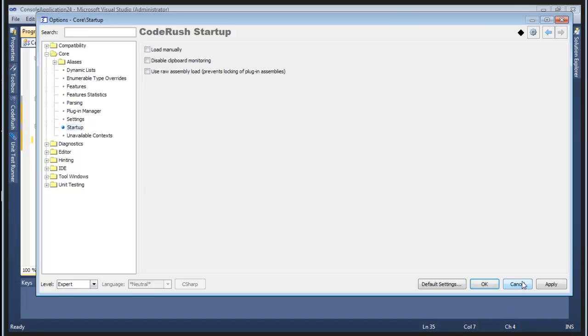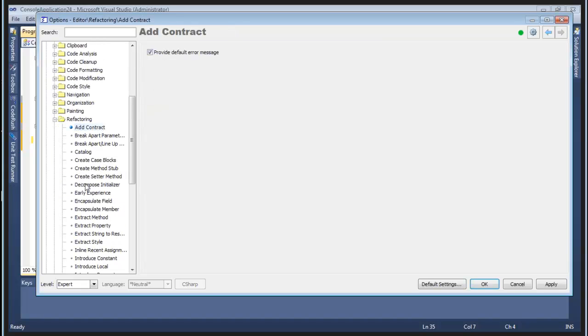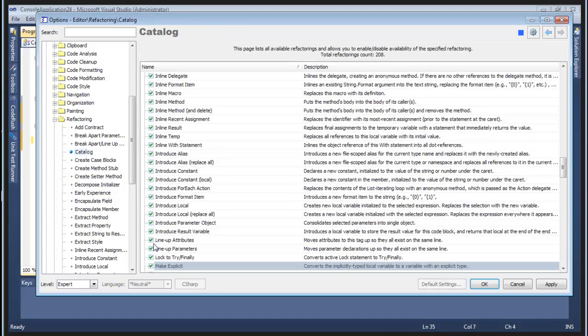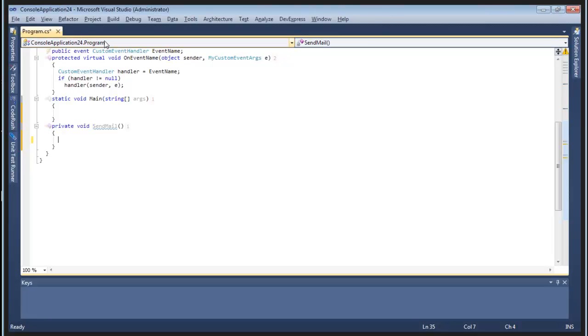I wanted to, actually, I take that back. There's one other one I want to get into, and that's under editor refactoring. In refactoring, we have a number of pages that are for each of the refactorings that we have, and we also have a catalog page as well, which shows you which refactorings are going to be available in the menu when you hit the CodeRush key. By default, all of them are available, but you can turn some off if you know you'll never ever need this refactoring, and so that's an option as well if you want. Okay, so with that said,